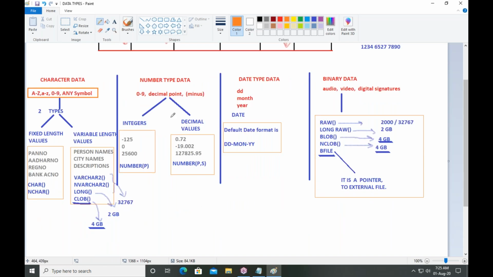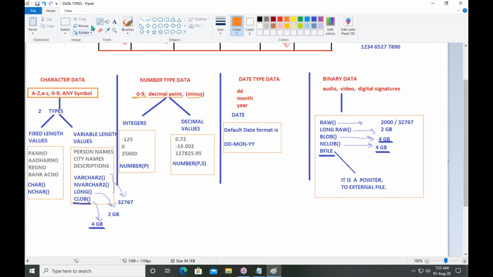Which data type supports number type data? What are the components in numeric data? In a number type value, we can use digits 0 to 9, and also we can use a decimal point, and also we can use a minus symbol.